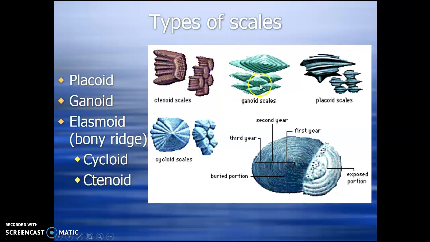Whereas the ganoid scales, you can see the green one, in the central region it has a diamond-shaped structure. Whereas the placoid scales have a sharp teeth-like structure, located in the skin of sharks. The scale is not visible, but it is minute in nature. Whereas the cycloid scale, you can see is circular in nature, and you can see some fissures there.